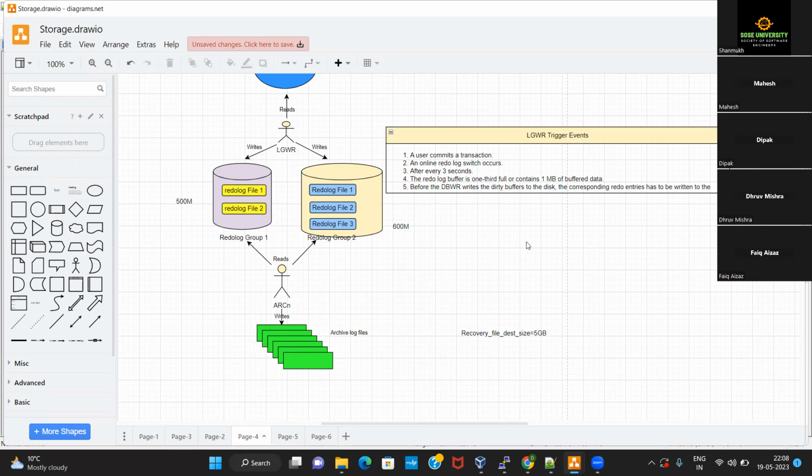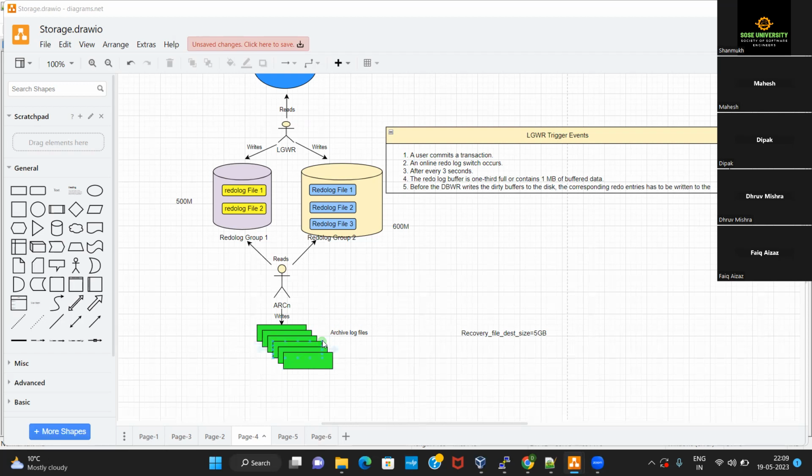Yeah. Okay. So as a DBA, we will definitely size this recovery file destination location wherein these archive log files are getting generated. But at the same time, we also have to ensure these archive log files are getting backed up somewhere.